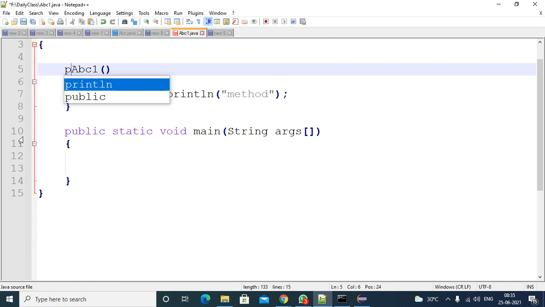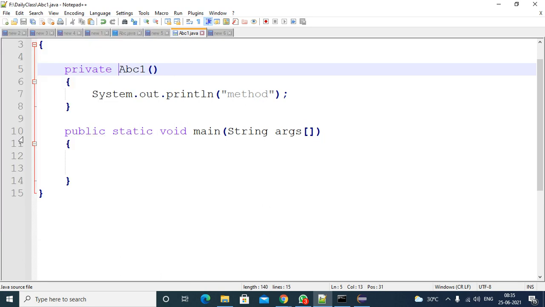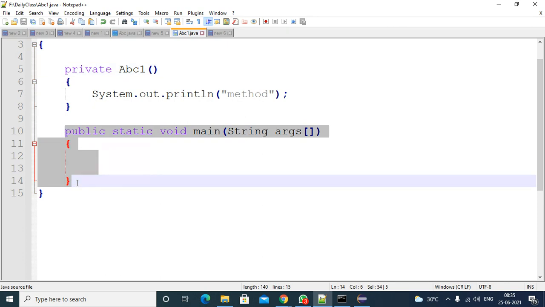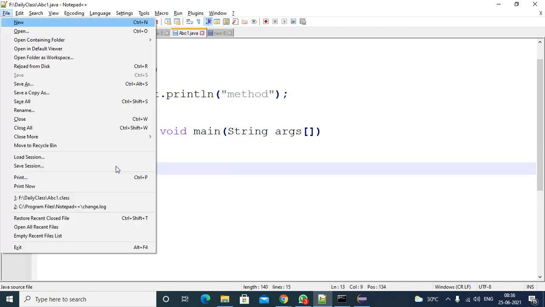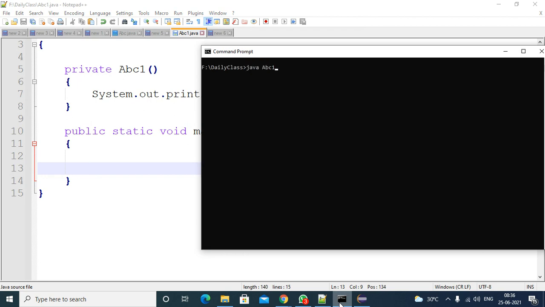Can you take private? Is this valid or not? Just now we verified that the private modifier is allowed for the constructor. If you keep it, no problem; if you don't, also no problem. Private is valid, we already compiled it and verified it.